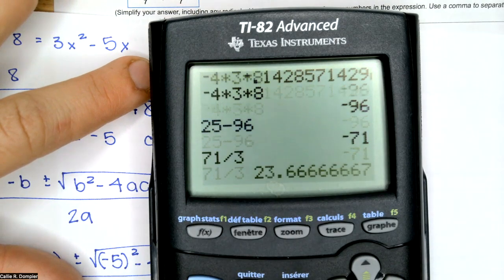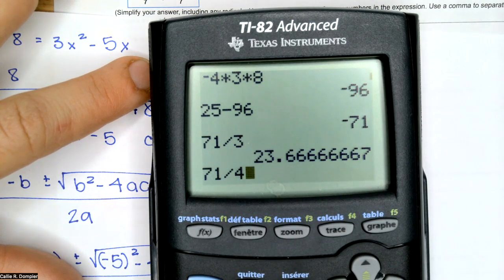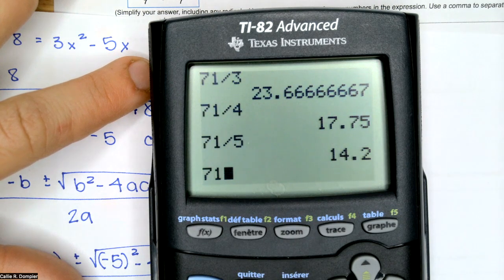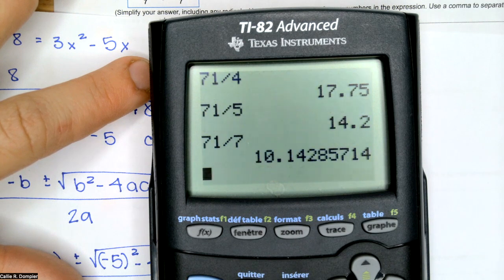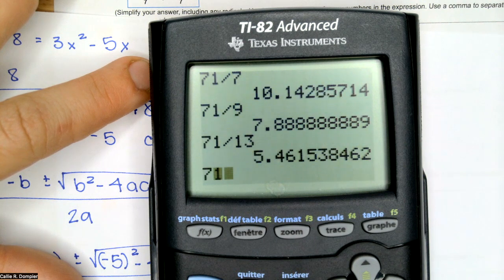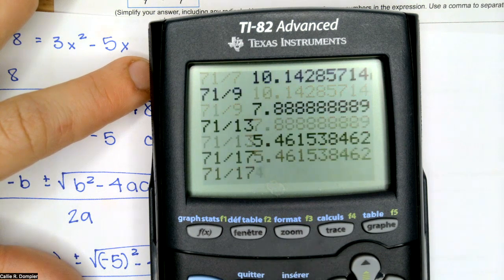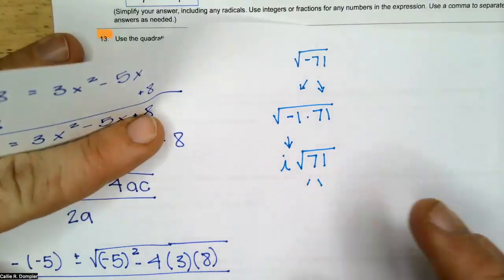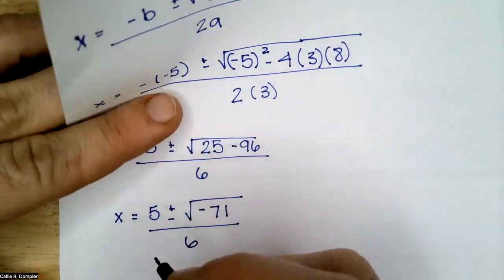71 divided by 3. Nope. 4. Nope. It's not going to be any even number, right? 5. No. 7. No. 9. No. So just make sure it's a prime number. It can't be divided by anything. Okay. It looks like there is no number I can take out of 71. So this is just going to become